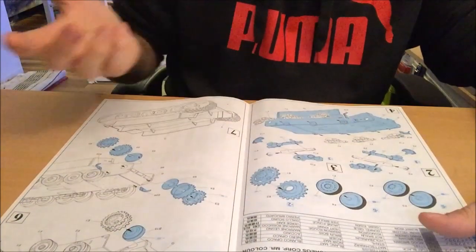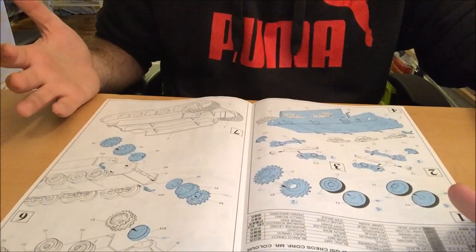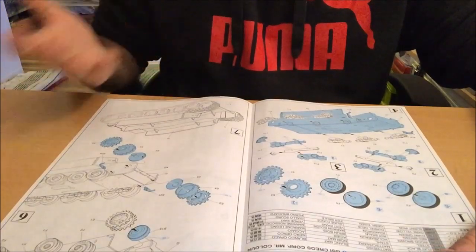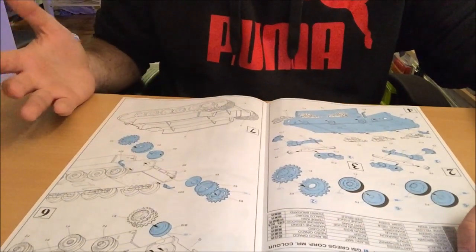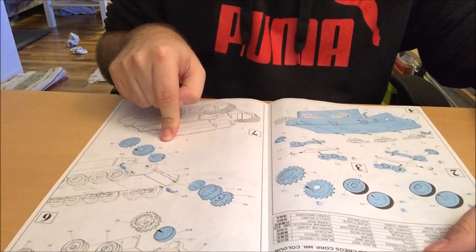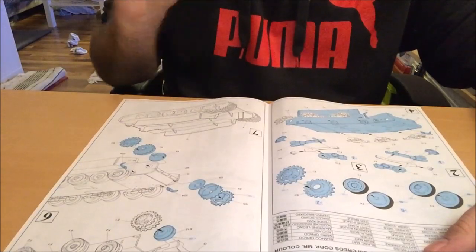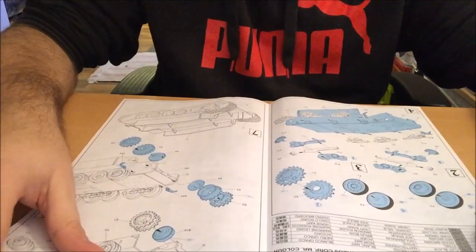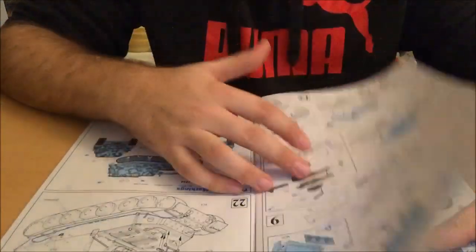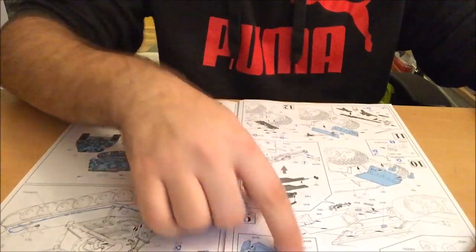This looks like the Porsche suspension build-up for the Yak Tiger. Building up the suspension sprockets. Interesting thing, the Elephant had 2 sets of sprockets, one in the front, one in the back. That's always something interesting. And yeah, we build up the superstructure, the lower half of it, the back plate here